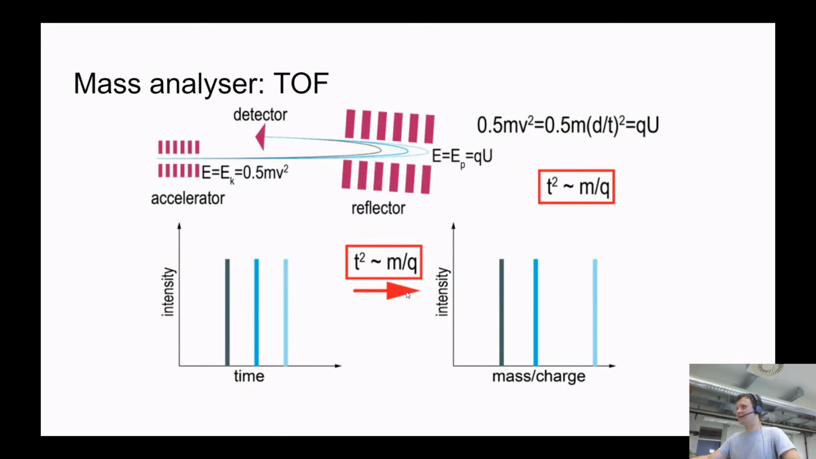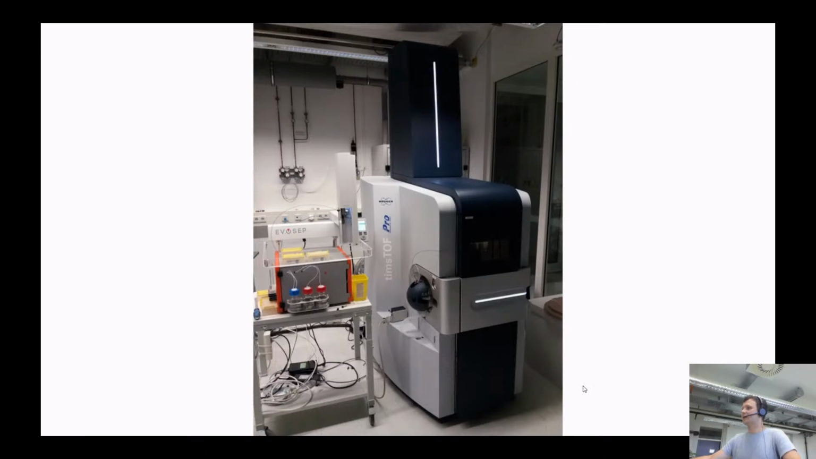But in simplified terms, you can think about time of flight exactly this way. And that's what we are getting at the end. We're getting intensity over mass to charge. This is what we call a spectrum. Okay, but in the lab, in the Mathematics department, and also in many labs actually, you can find